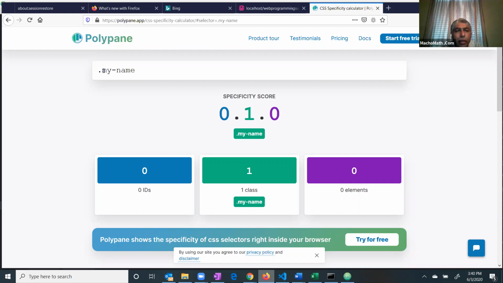So basically if you are targeting with an ID, it will take more specificity. If, for example, I say dot my name, specificity is 10, right? But if I say dot my name colon first of type